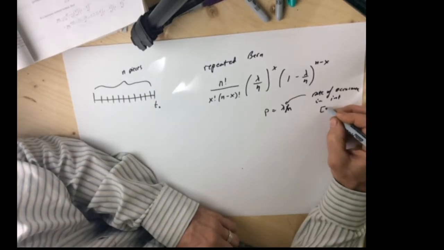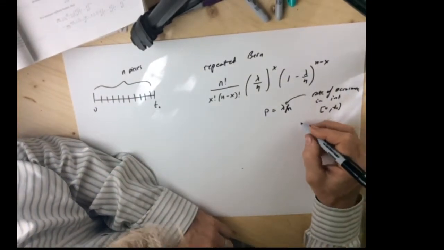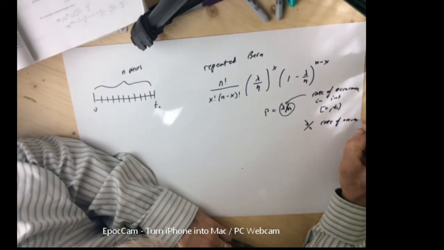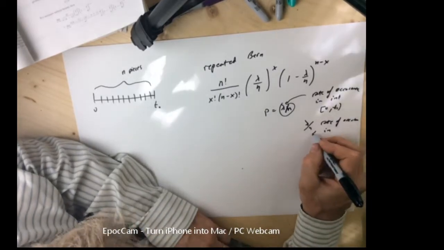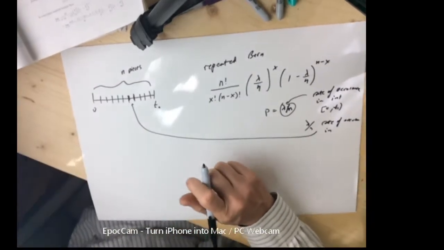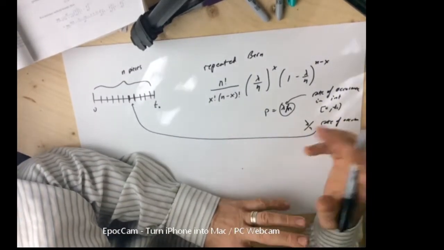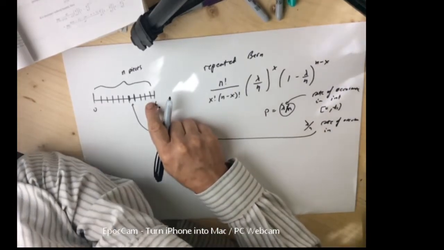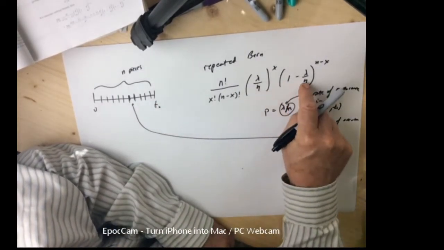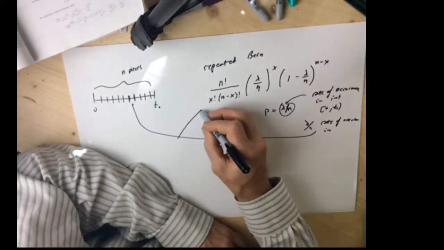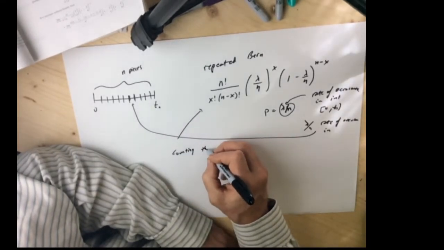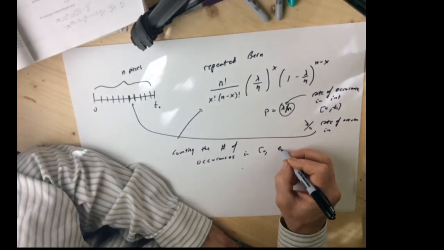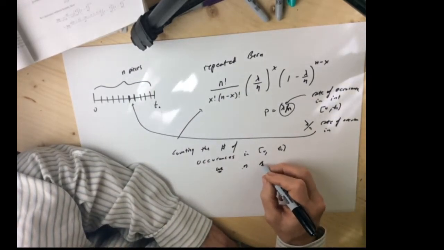in interval 0 to t naught, then lambda over n will be the rate of occurrence in one of these pieces. So if we have a rate of occurrence on independent sections happening, and it can't happen twice, this becomes a Bernoulli problem with a probability p equal to lambda over n. 1 minus p is q. And so this is counting the number of occurrences in 0 to t naught as n trials